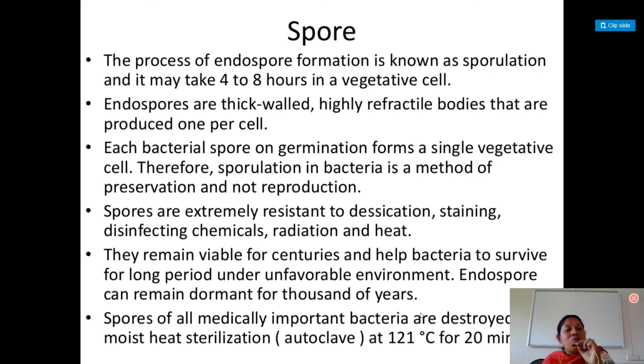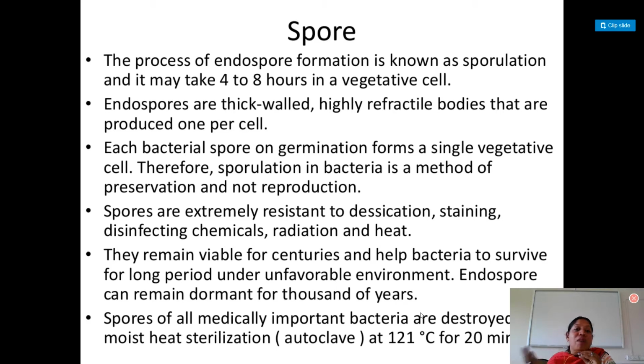The next important one, yes, it is a 5 marks question. You should know what is a spore or endospore. Now the process of endospore formation is known as sporulation. It may take about 4 to 8 hours in a vegetative cell. Endospores are thick-walled, very thick, highly refractile bodies that are produced one per cell. Now, what is the characteristic of this endospore? See, there are certain bacteria